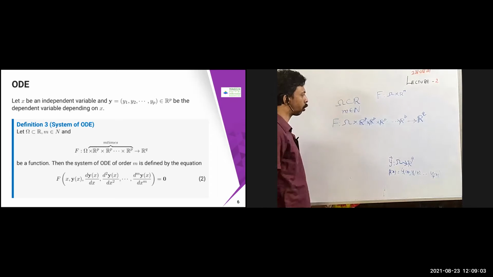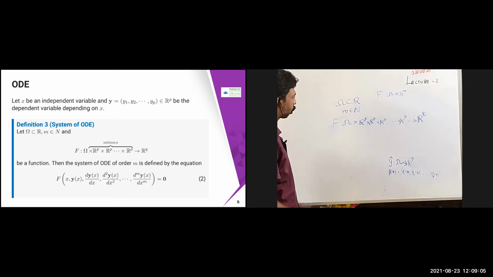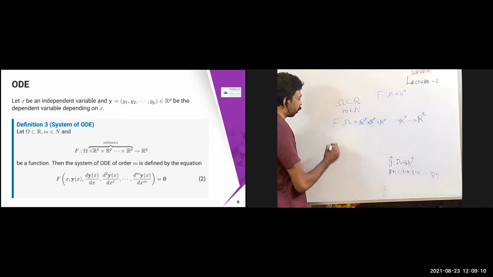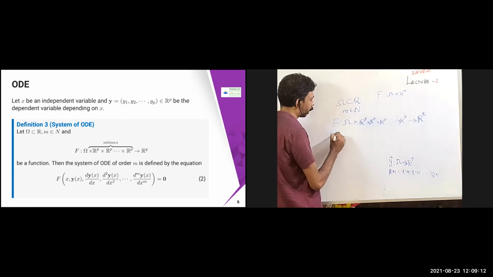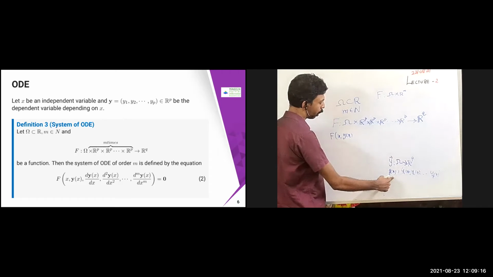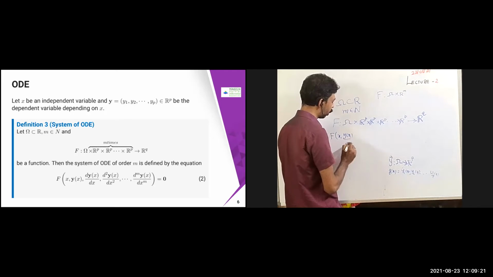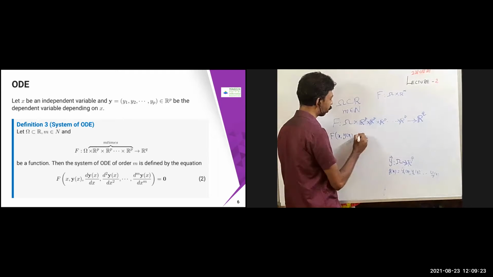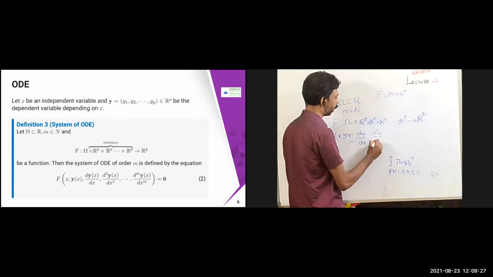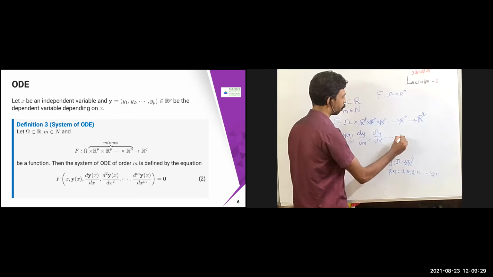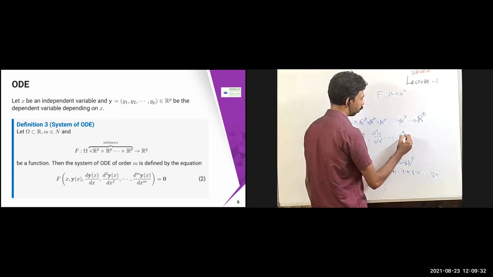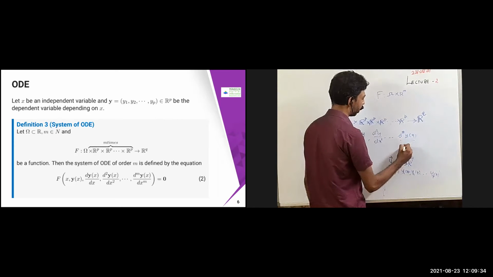On the other side, I'm just going to map it to some other dimension. So this is kind of a matrix system or a nonlinear system that is going to come. So in this case, what is it going to come? I'm just defining it as d of x comma y of x, where this y is nothing but this one. That's why I have given a capital or bold letter over there. So y of x, dy by dx, d square y by dx square, etc., up to d power m y of x by dx power m.